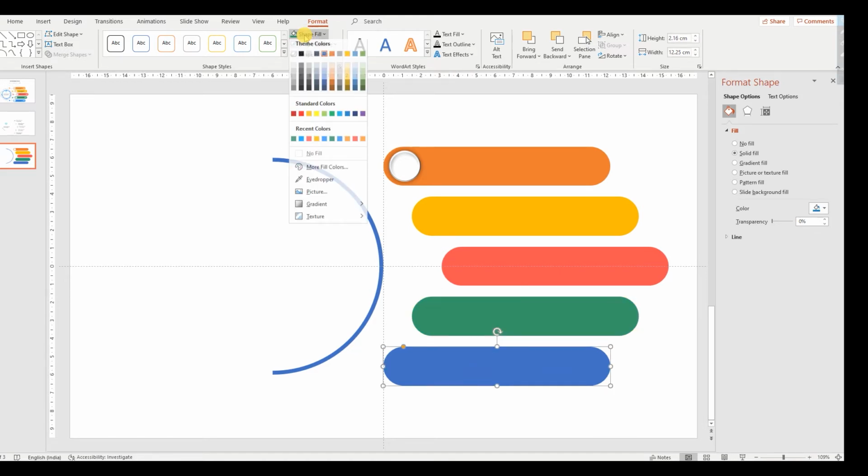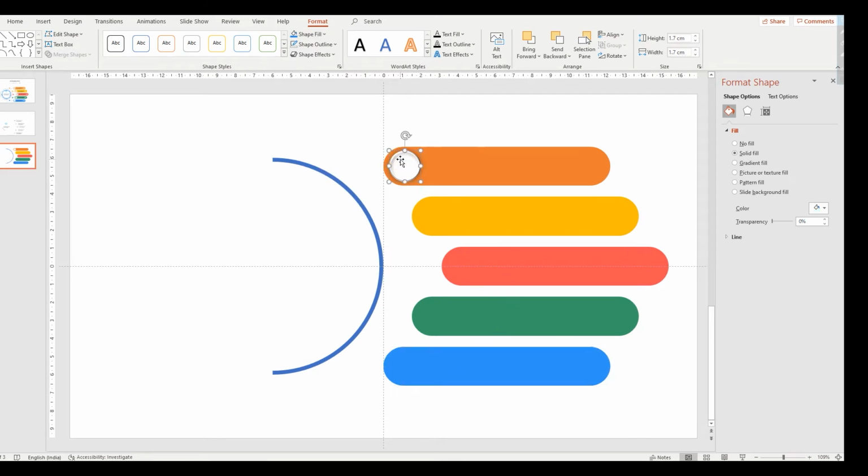Then again blue. This blue we are giving. As well as this one we need to create duplicate. Here also. Here. Adjust properly. Okay, now it is okay.